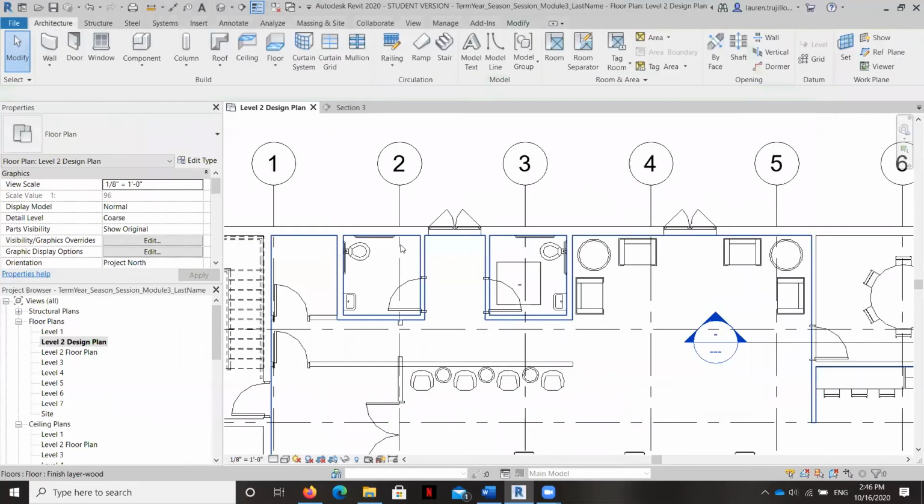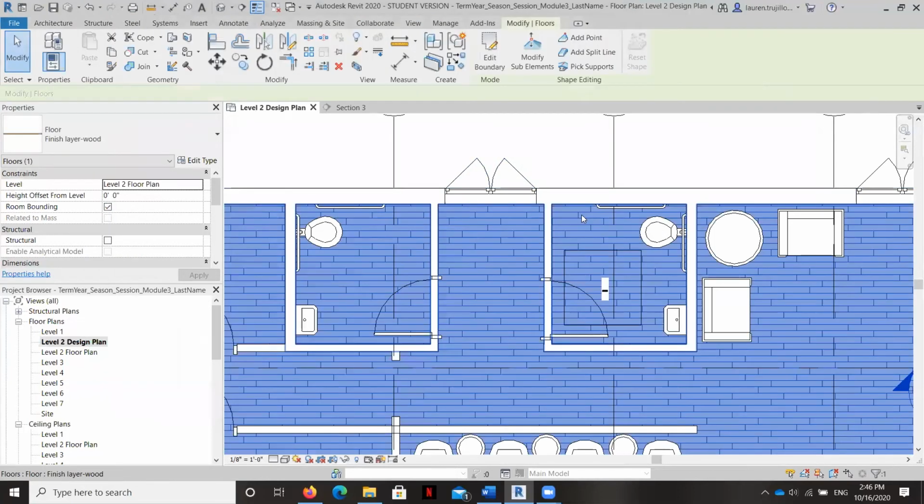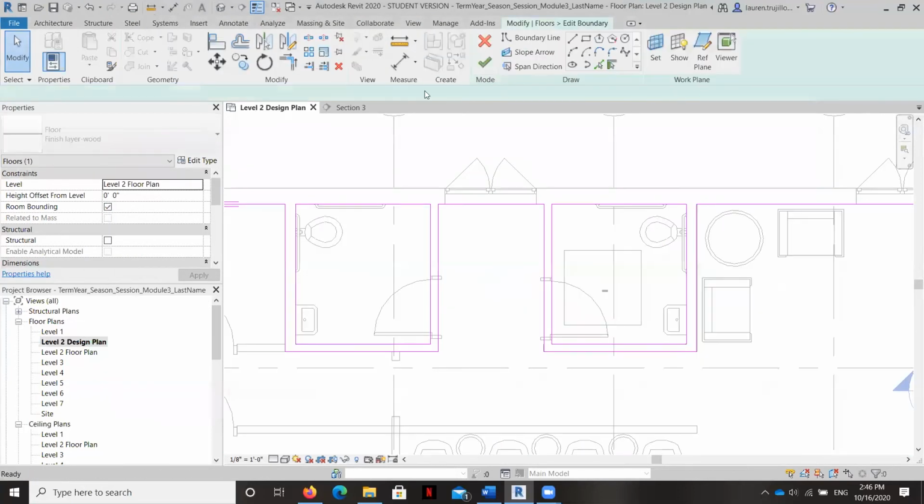Okay, and now here, I shouldn't see this floor finish right here, so I'm going to edit that boundary.